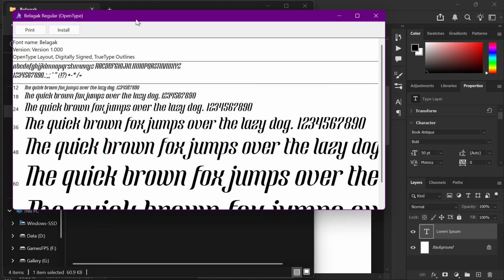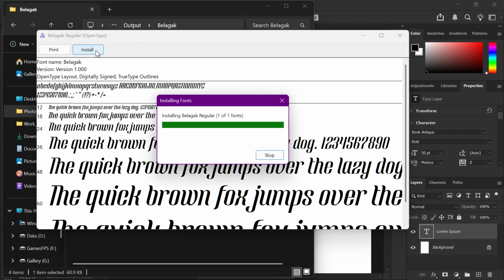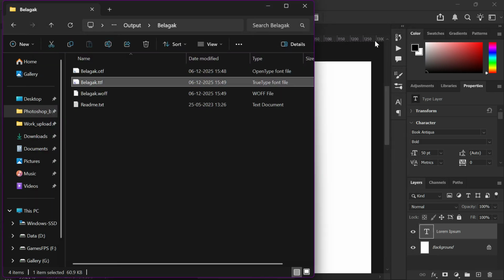Now installing the font is very easy. Right-click the font file and select Install from the menu. You can also double-click the font file to open the preview window and then click the Install button at the top. Windows will add the font to your system, and once it is installed, any program including Photoshop will be